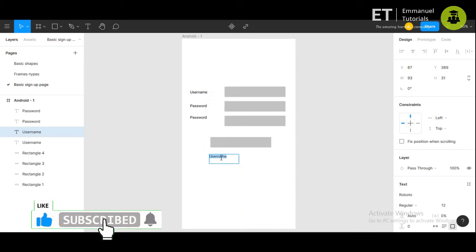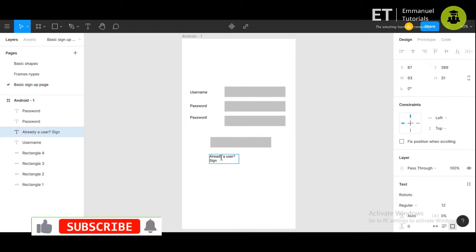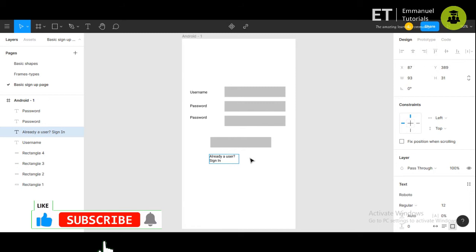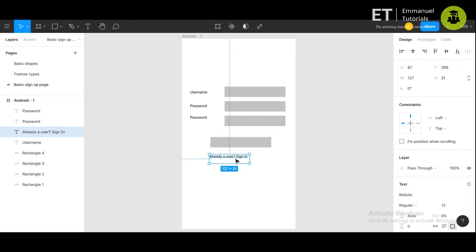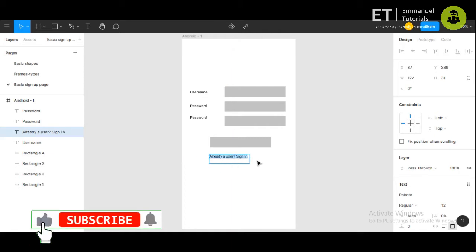So here we can write already a user, then sign in, and we pull this. Now we can beautify this.